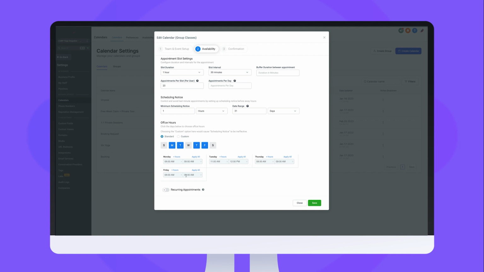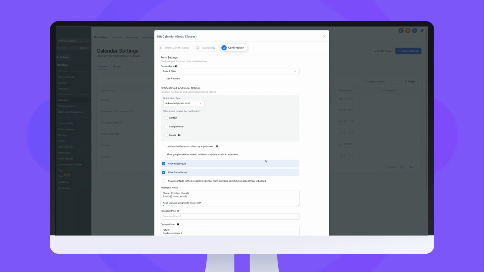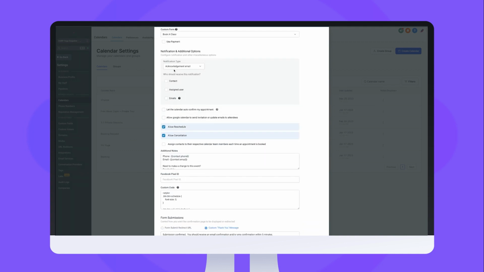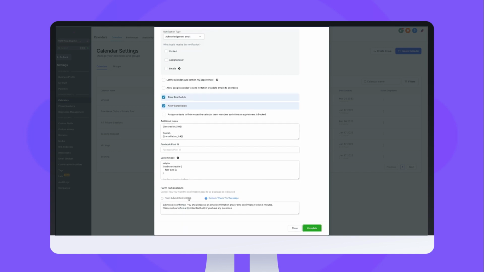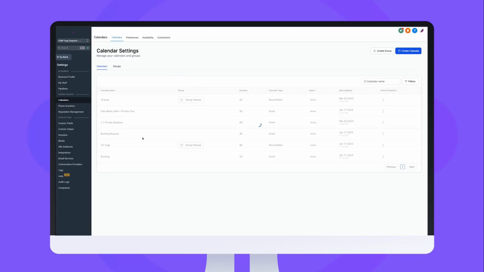And here, these are just the examples. You can set up recurring appointments. This is more for one-on-one, so I'm avoiding it. Make sure you have your custom form in here and book a class. You can use these acknowledgement messages, but there is in the system already a notification process set in, so I would ignore this for now. And then there's a custom thank you. So then what it looks like,